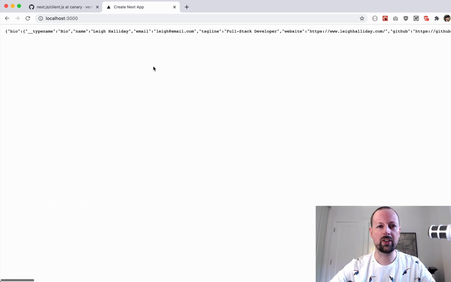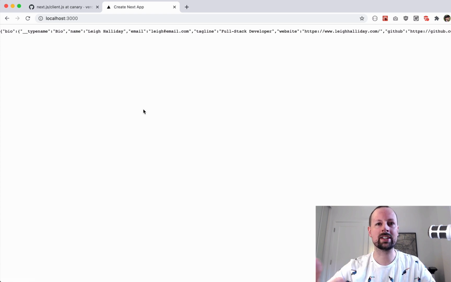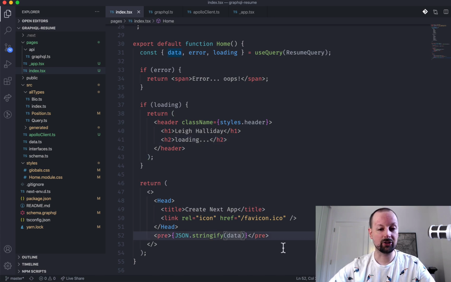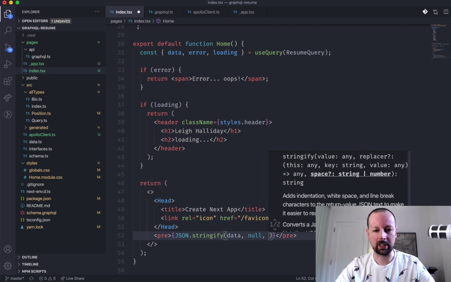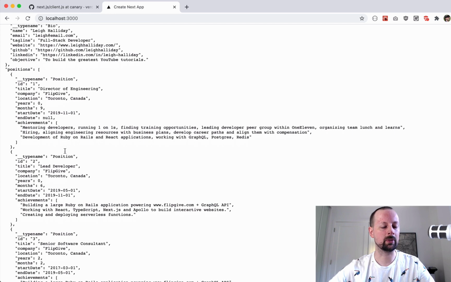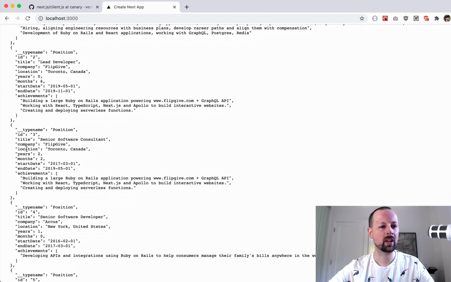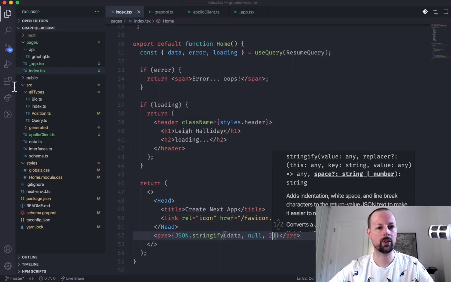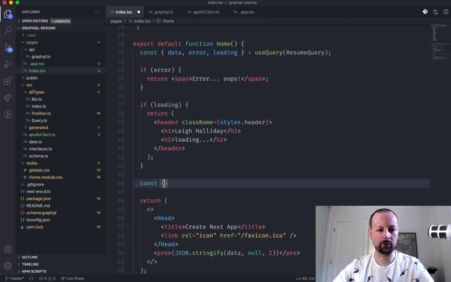So this is our next task, to basically take this data and render it in React. So let's pop back to our homepage, and here we already have the data that we were showing with JSON stringify. Just a little tip: if you say null as the replacer and 2 as the spacing, it actually formats it really nicely with indentation and whatnot. So this is the data that we're working with in a bit nicer way to view it. We have two main sections, our bio and our positions. So why don't we actually just pop those into two